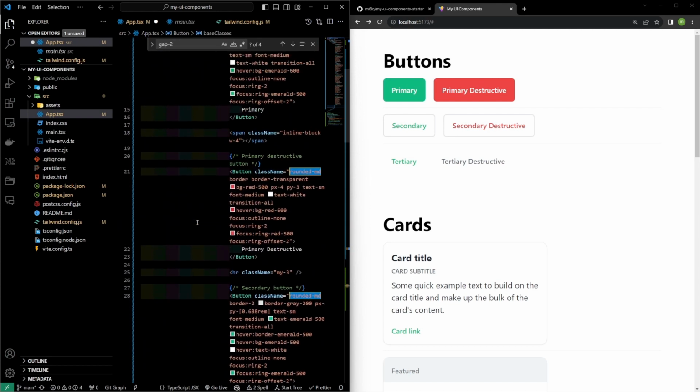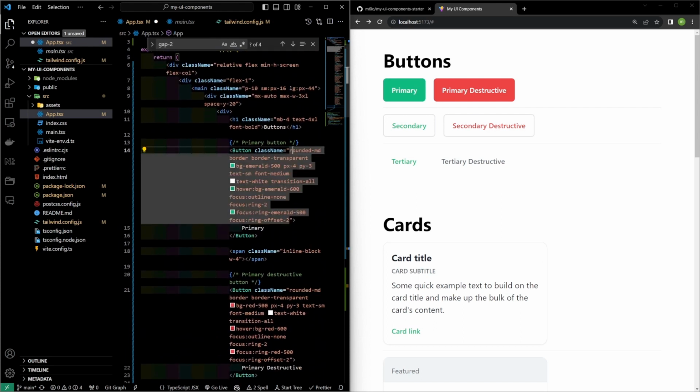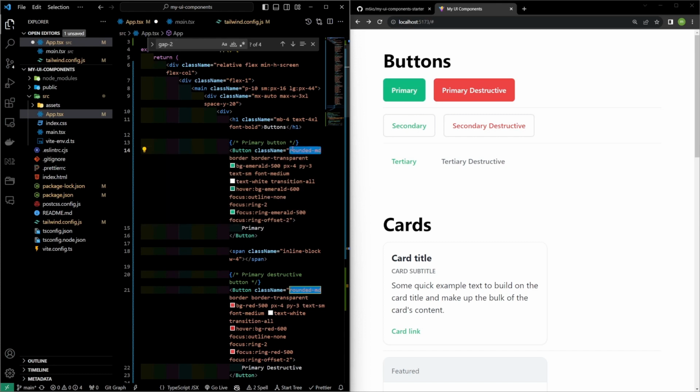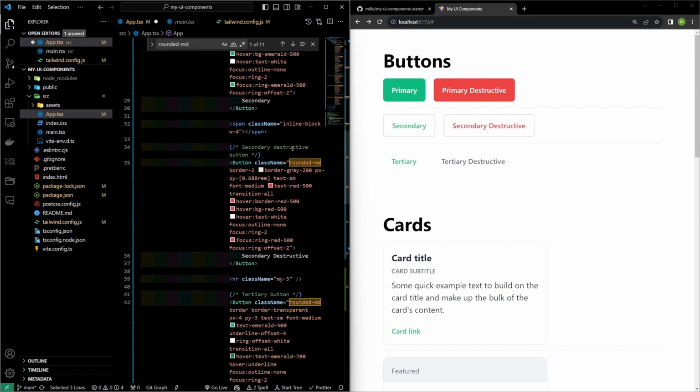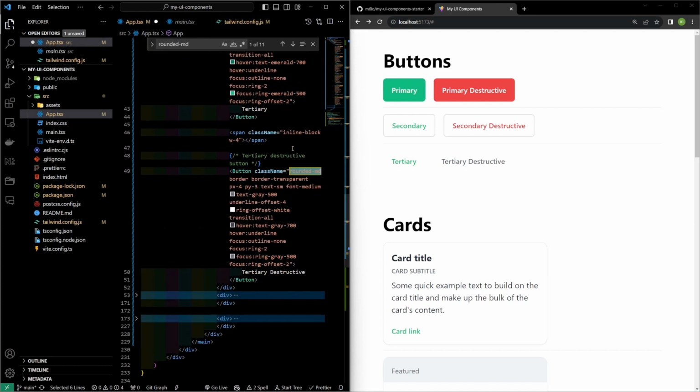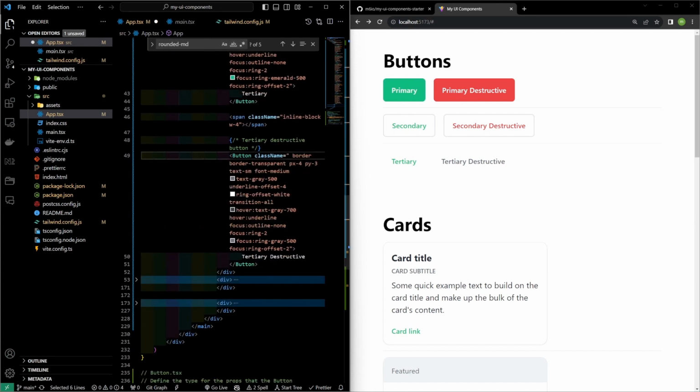Because if you haven't dealt with React before, or if you haven't done web development before, this stuff might be new to you, or doing it this way might be new to you. So at least this way you get to see the before and after and get an idea of